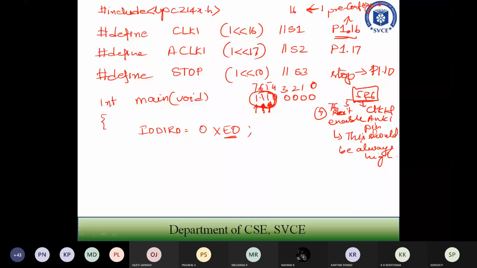Screen is not visible. It's lagging, sir. It's getting delayed. Okay.